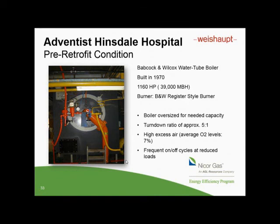We have the Hinsdale Hospital, which has been in operation quite a while, and they're quite happy with the continued energy savings that they have. They have there a B&W water tube boiler that was built in the 70s and would normally require almost 40 million BTU burner input. For the need of the hospital at that time, that was oversized, and the current burner system that was installed on that boiler was able to provide only a 5-to-1 turn-down ratio. It also had pretty high excess air numbers of 7% and more, and frequent on-off cycles were something that the plant operators complained of. So after the retrofit,